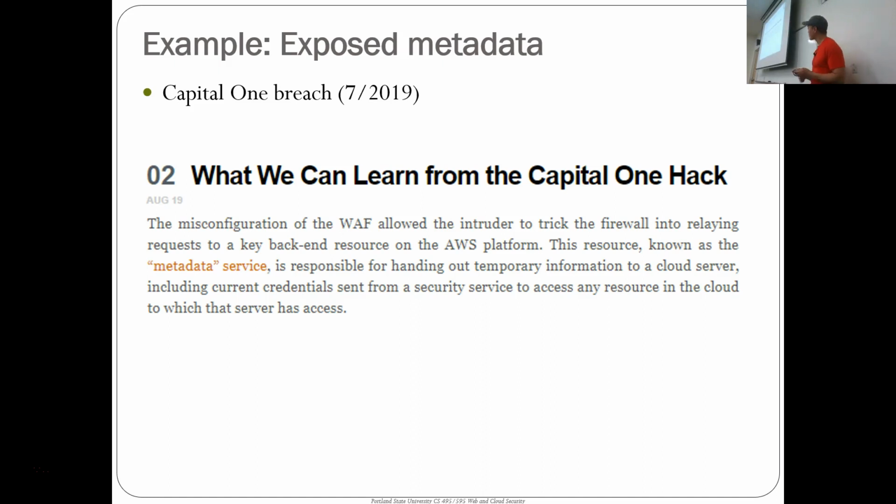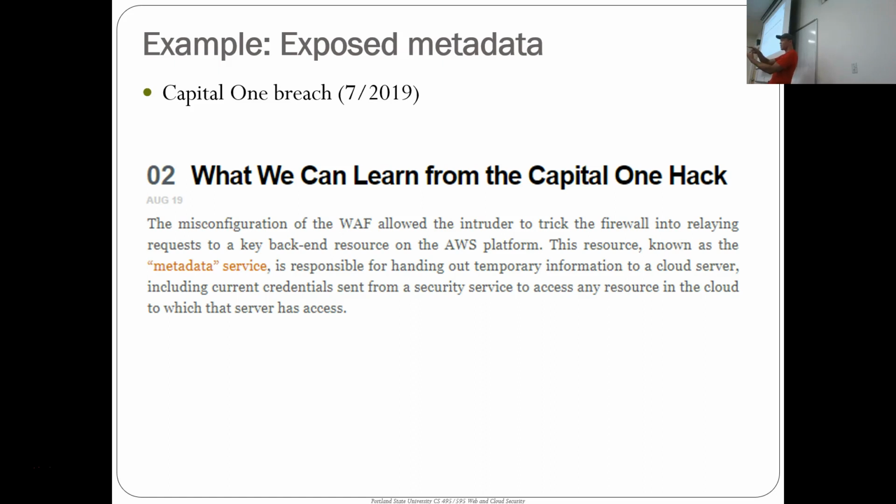The next one is exposed metadata, and we'll talk about the metadata service in a minute. The metadata service is basically a storehouse of all your authentication credentials for your virtual machines. Typically, you want to be able to authorize your virtual machine to access some of your backend cloud resources. And the way that's done is it's mediated through this thing called a metadata server that's basically running next to your virtual machine.